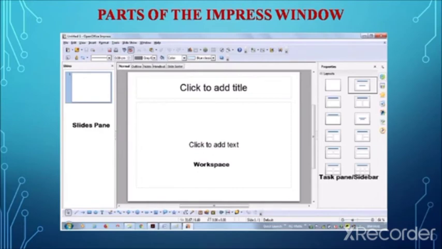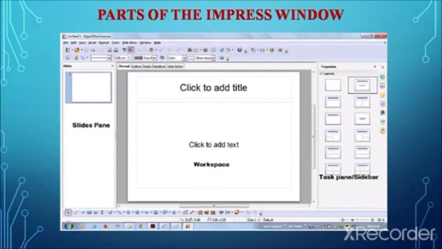The sequence of the slides can be changed, and even the slide design can be changed, and also the layout, for example of a particular group of slides. So these are the various operations that can be done on a particular slide with the help of the slide pane. That is the first, left-side part of the Impress window.